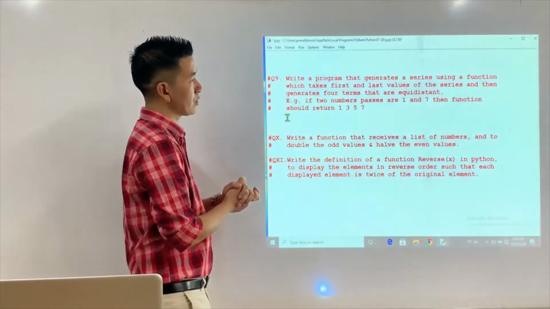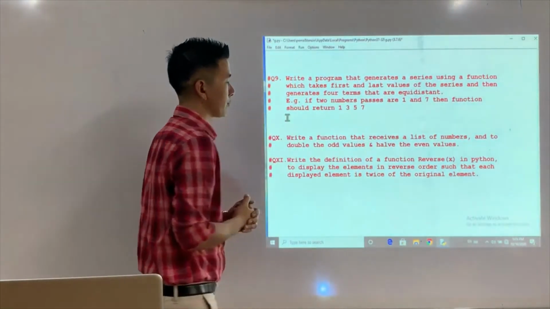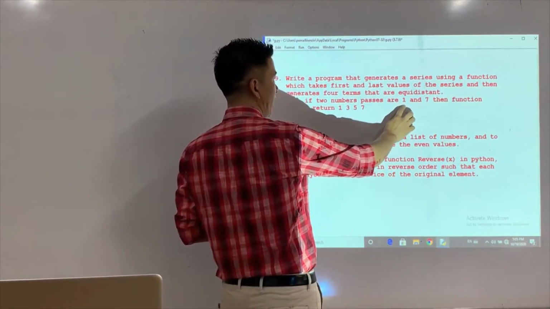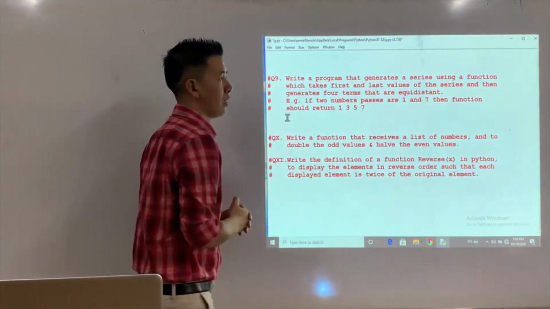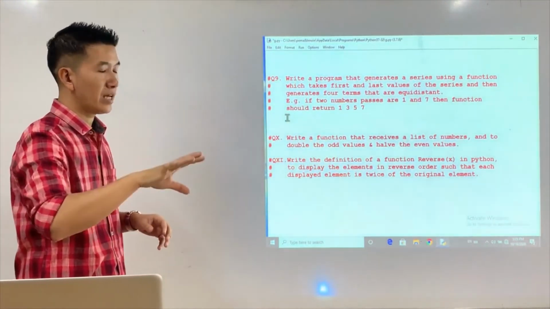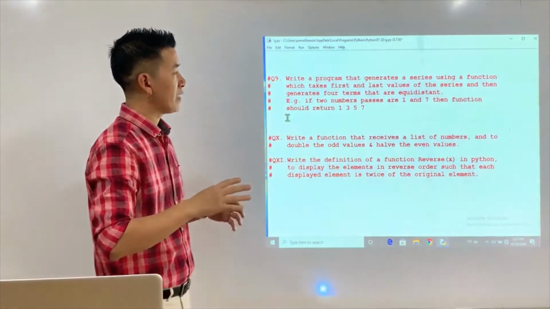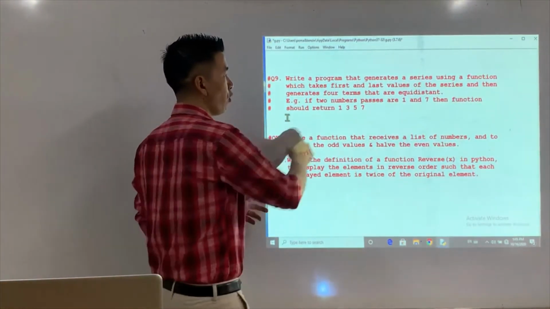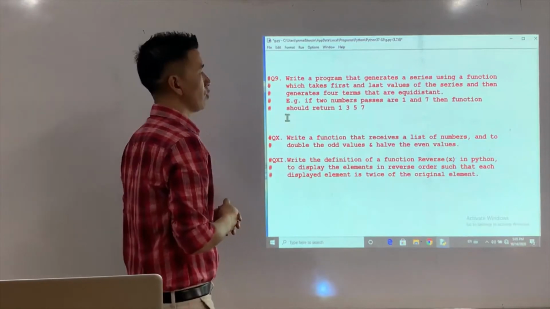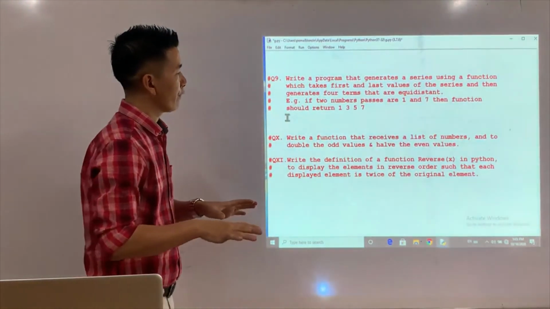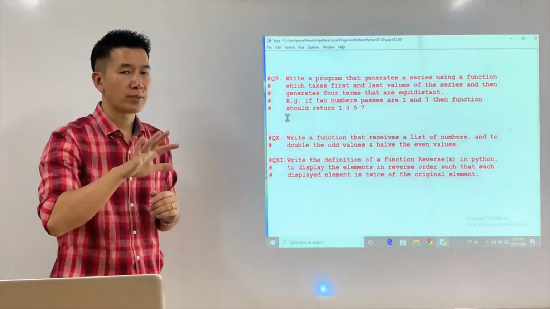And then the question says you need to generate 4 terms. 4 terms means if the first value is 1 and if the last value is 7, I should have total number of elements as 4. So that's what the question says, 4 terms, right? So the logic behind this program is, if you are talking about 4 terms,